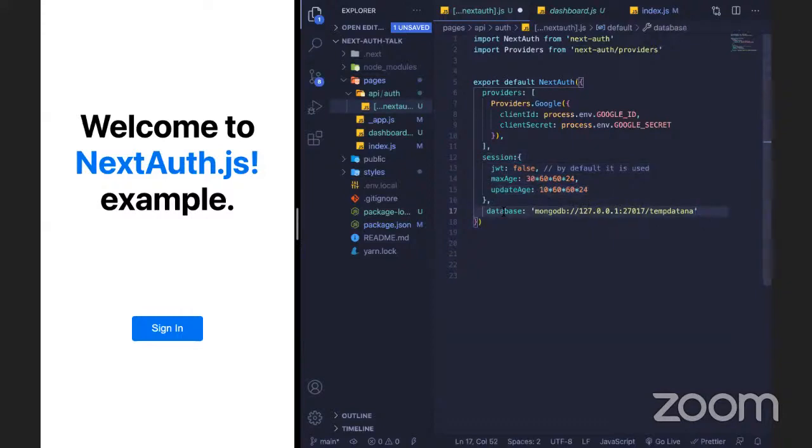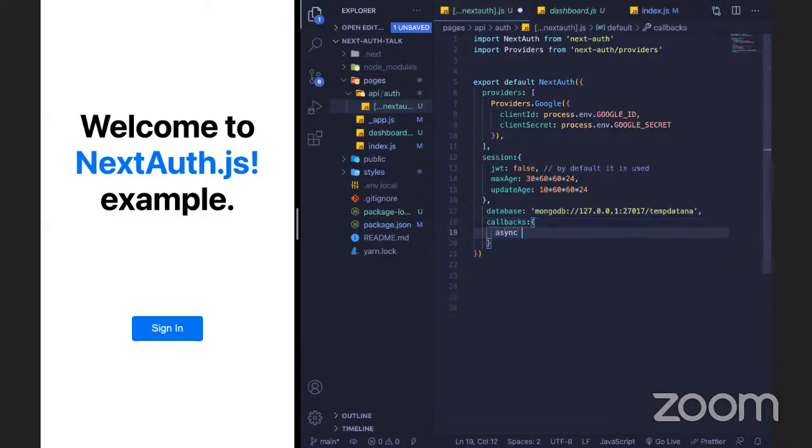Now, one more configuration we can do is called callbacks. Callbacks are asynchronous functions provided by NextAuth, which are called when a specific action is completed. There are 4 different callbacks provided by NextAuth. We'll see each one.